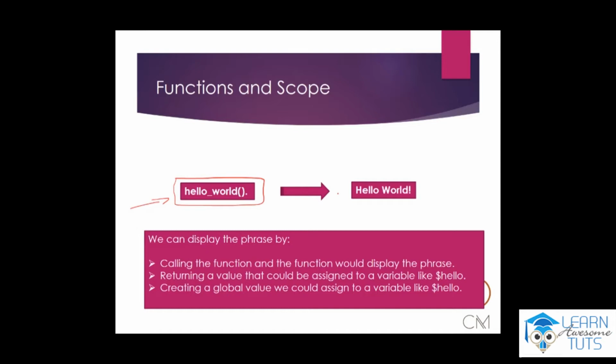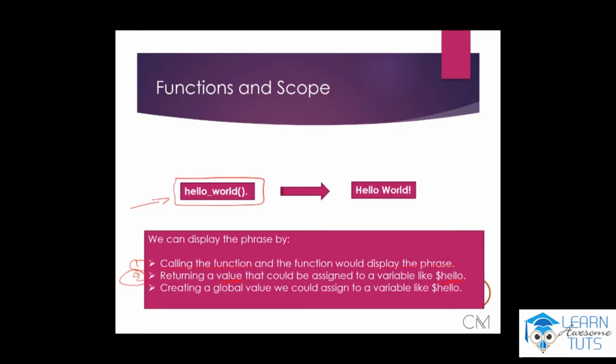We should confirm that the function outputs the phrase hello world, in the way we design the function. So as noted, we could design our hello world function to display the phrase in three different ways. We can call the function and the function would display the phrase. So calling the function is the first one. The second one is returning a value that could be assigned to a variable